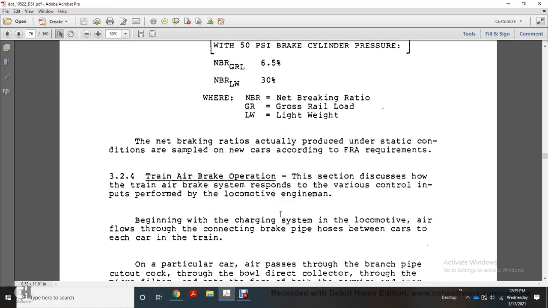Net brake ratios are actually produced under static conditions that are sampled in the new cars according to the FRA requirements. 3.2.4 Train Brake Operation. This section discusses how the train brake air system responds to the various control inputs to perform the locomotive engine,